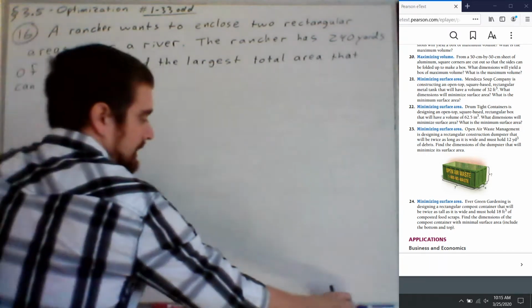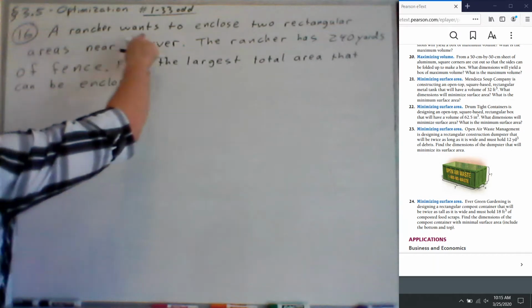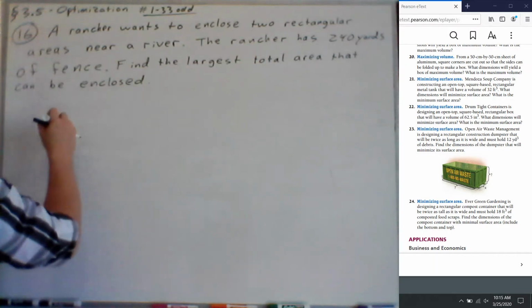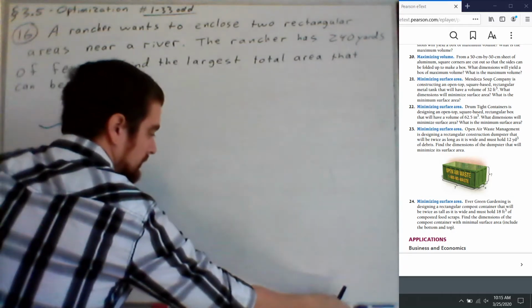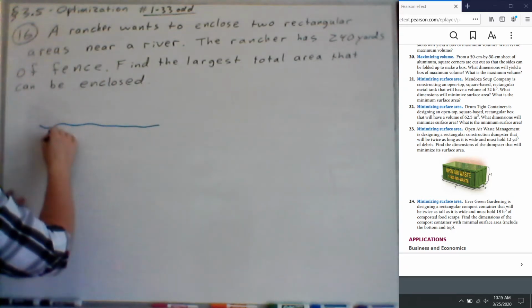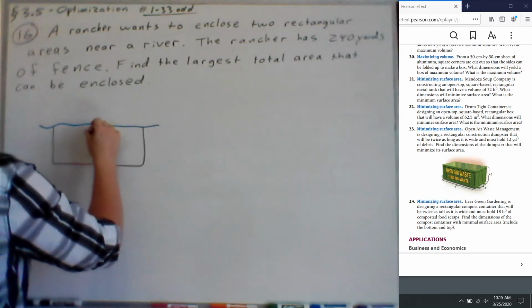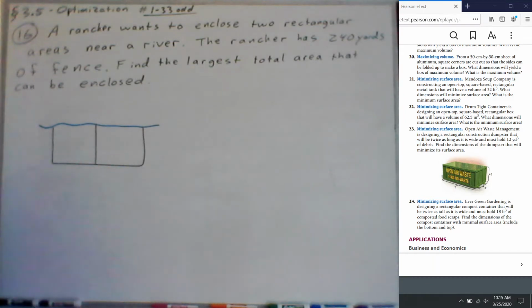So let's say we have 2 rectangular areas that border on a river. There's our rectangular areas bordering on a river. We have 240 yards of fence. How can we get the largest total area